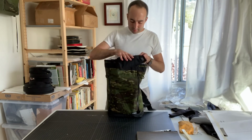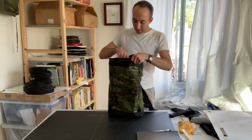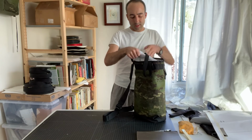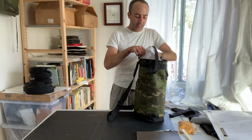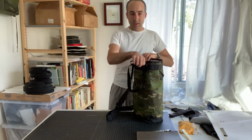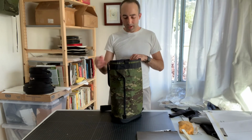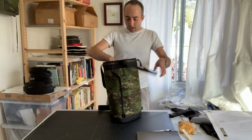And this little part hangs within the top of the bag on the back panel side, so it's adjacent to the shoulder straps, and it's a perfect place for small organization or things you just don't want falling to the bottom of your bag. So otherwise,